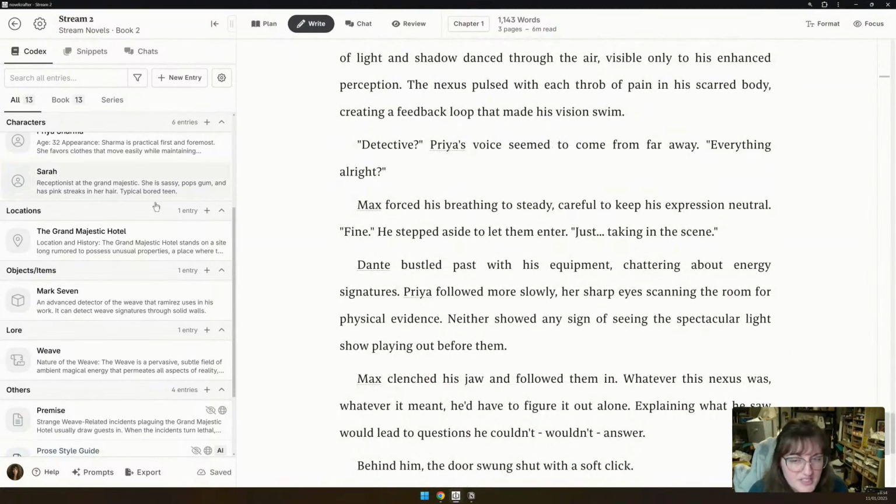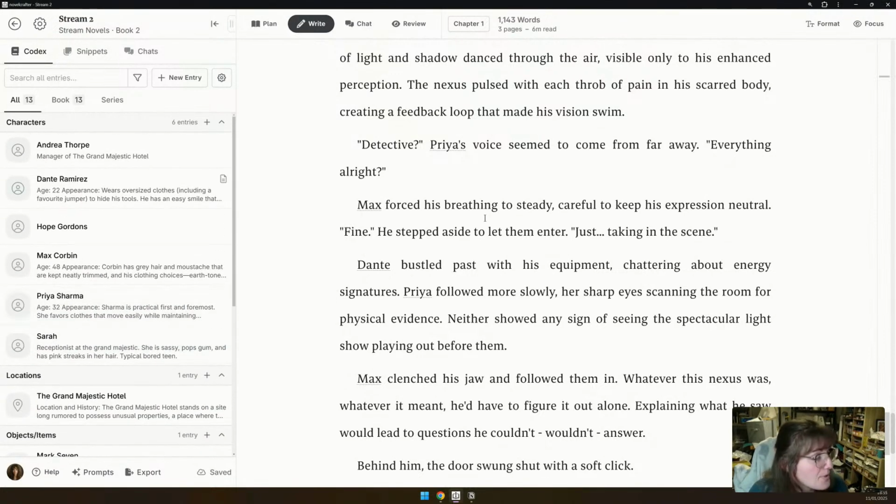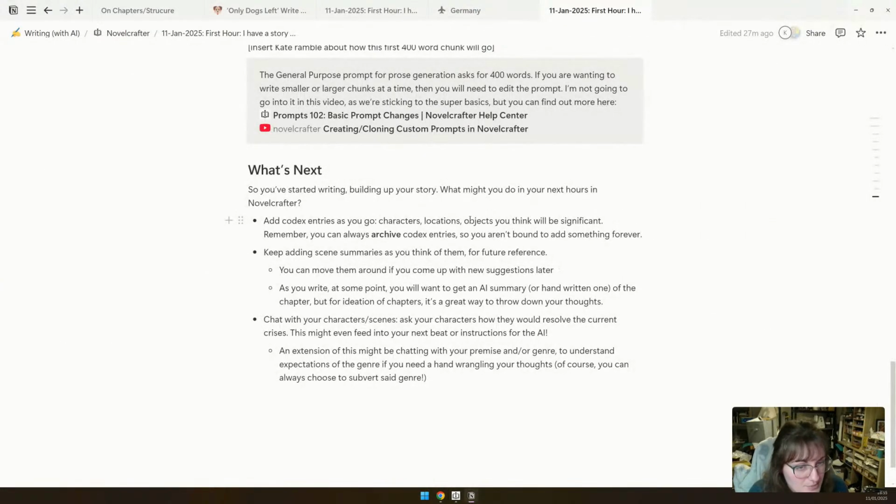So you can do that. You can start adding to your codex, and then it means that the AI will start pulling things back out as they come applicable. If you get more ideas for scene summaries, you can add them as you think of them for future reference.